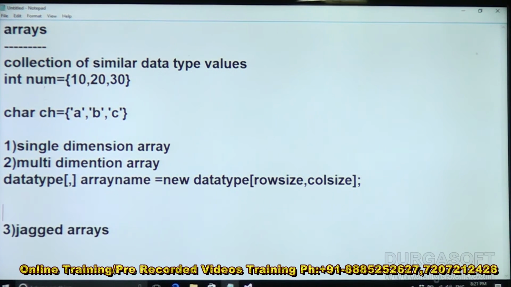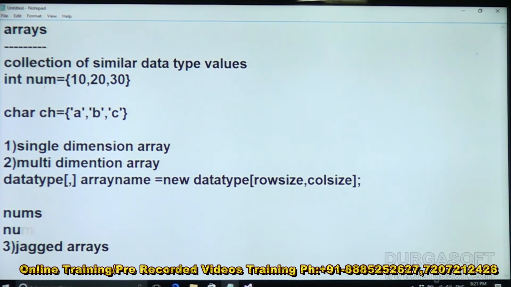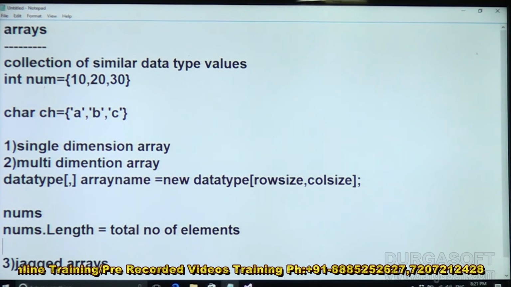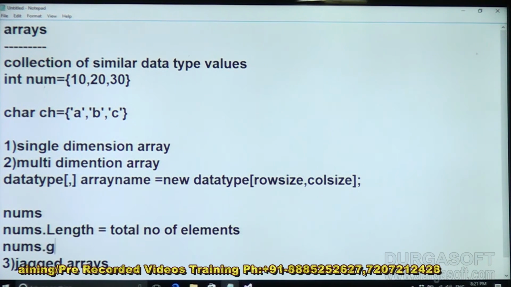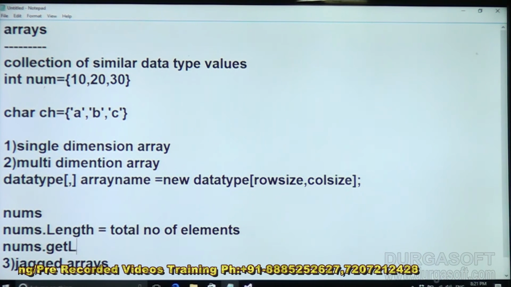For suppose, assume the array name is nums. Here I give nums dot length, it will display the total number of elements. So if I give nums dot get length